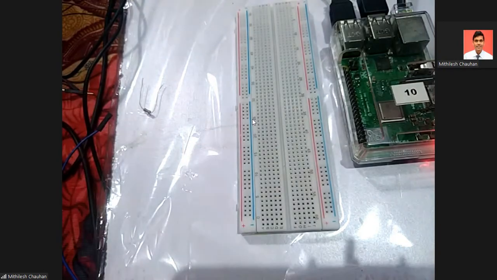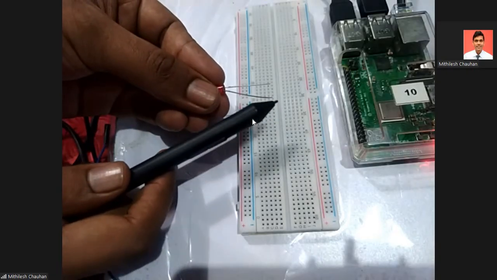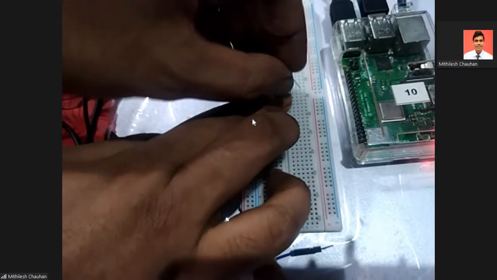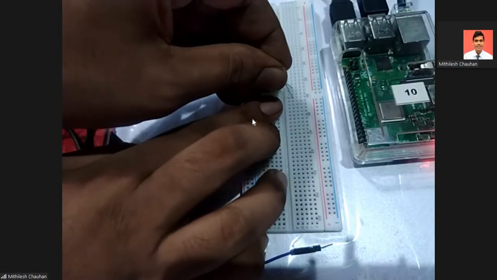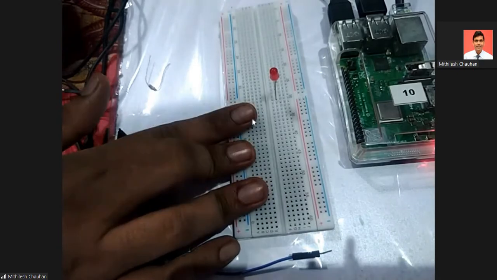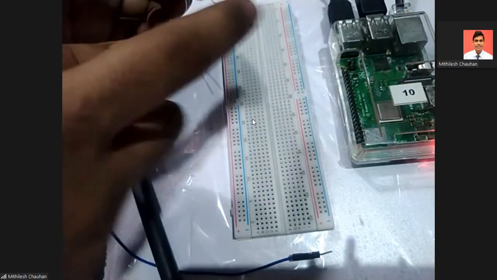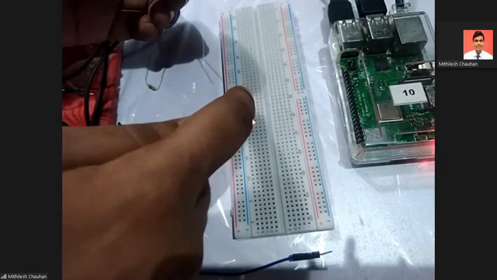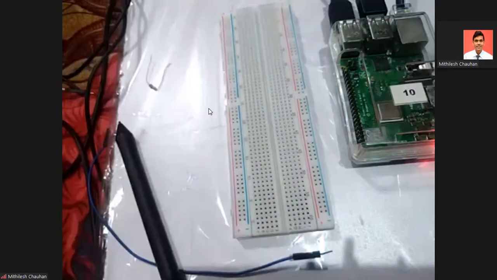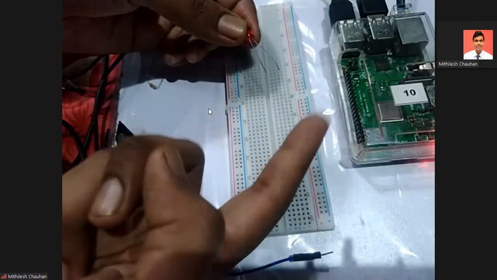So we will make our connection. I am connecting the positive terminal, see, this is my positive terminal, on one of the lines and the negative terminal on the other side. This is one of the orientations that you may use, or another type of connection is positive terminal on one side and negative terminal on the other side.